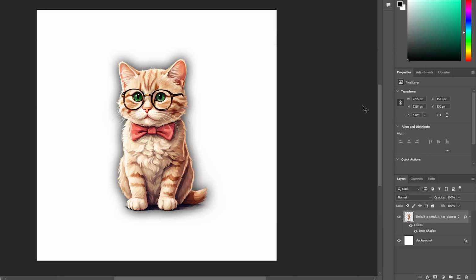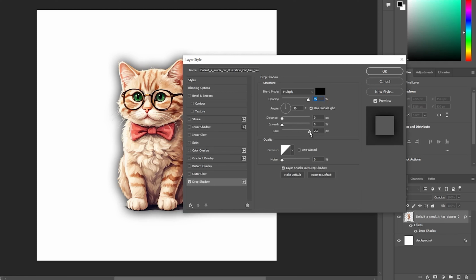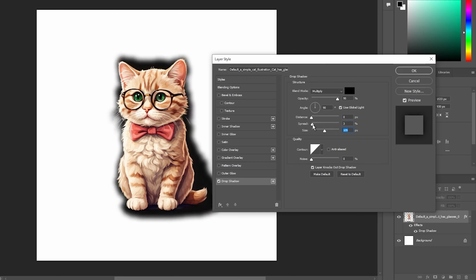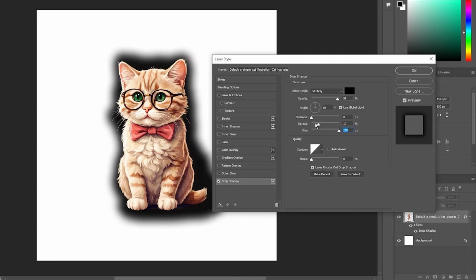In just a few simple clicks, you can add depth and make part of your image stand out. See what kind of cool effects you can create by playing around with the drop shadow settings. With just a little creativity, you can take your image from flat to fabulous. So, the next time you have a photo with empty space or a layout with text, don't forget to spice it up with drop shadows. This simple trick adds the extra visual pop you are looking for.